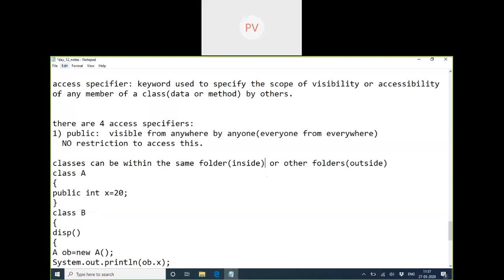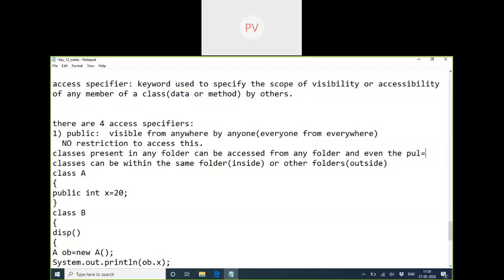So we have to understand that in public, the classes from any folder can be accessed from any other folder.